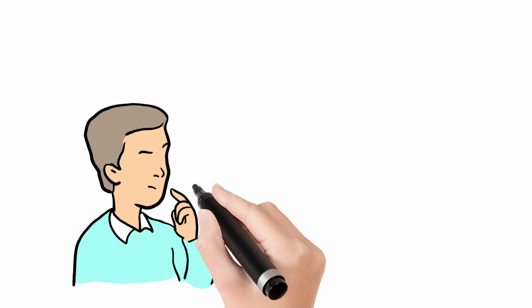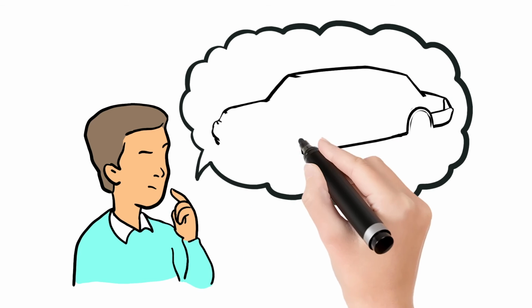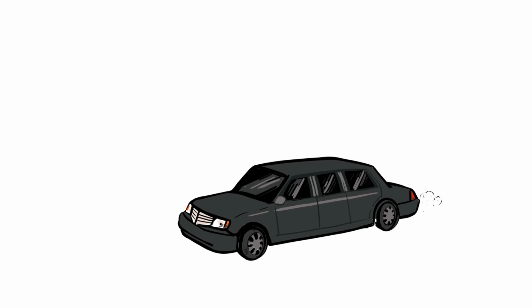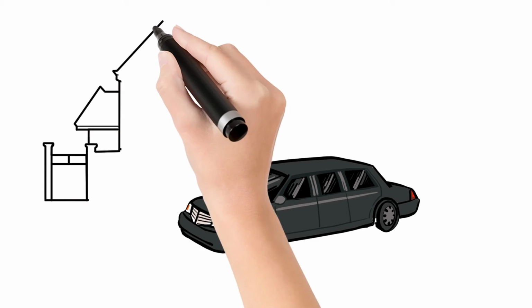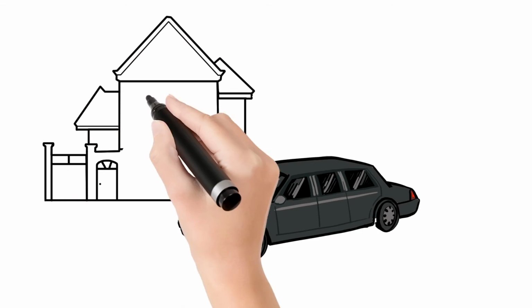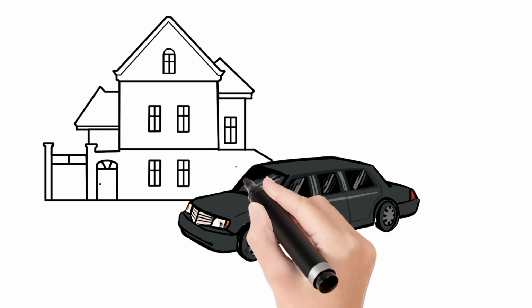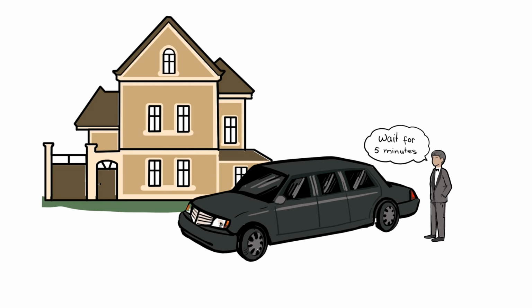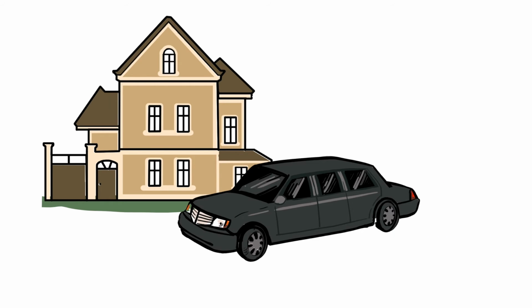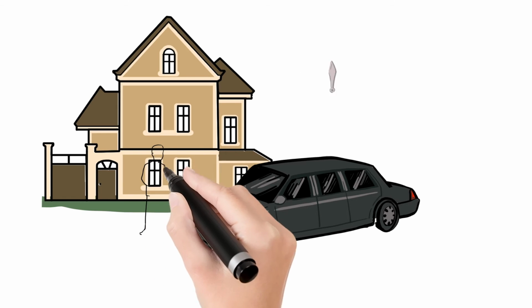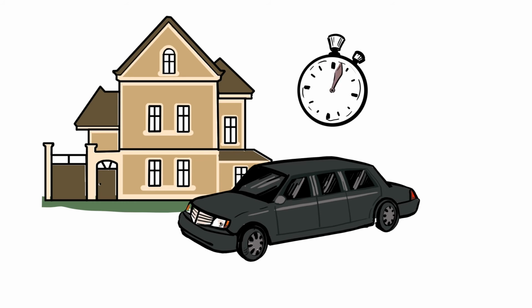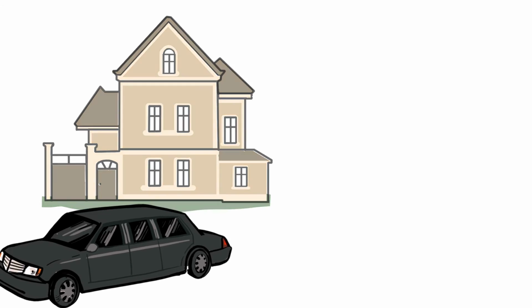To put this into a visualization, let's imagine you are driving a secret limo for a highly executive customer. Your job is to ensure the customer is picked up and any additional requests are met. You get to the pickup spot and are waiting for your customer to come out. Once they show up, however, they ask you to wait for another 5 minutes because their friend is coming. However, they mention leaving if they don't show up in 5 minutes. Let's say their friend shows up and asks for another 5 minutes because their friend is also coming. You wait for 5 minutes, but their friend doesn't show up, so now you leave.